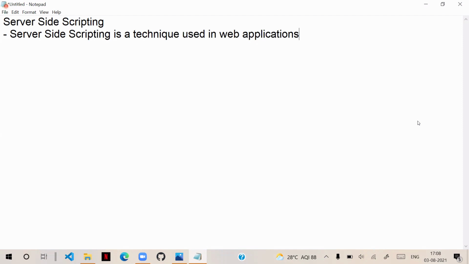Generally people say server side technologies. Actually, not technologies, better you should say server side scripting.